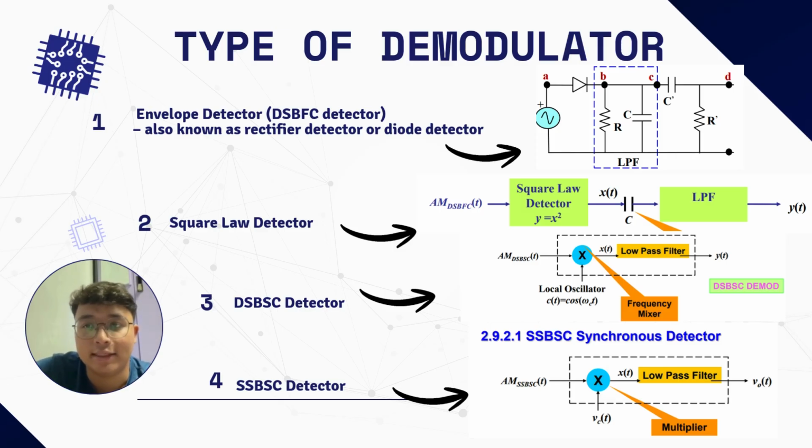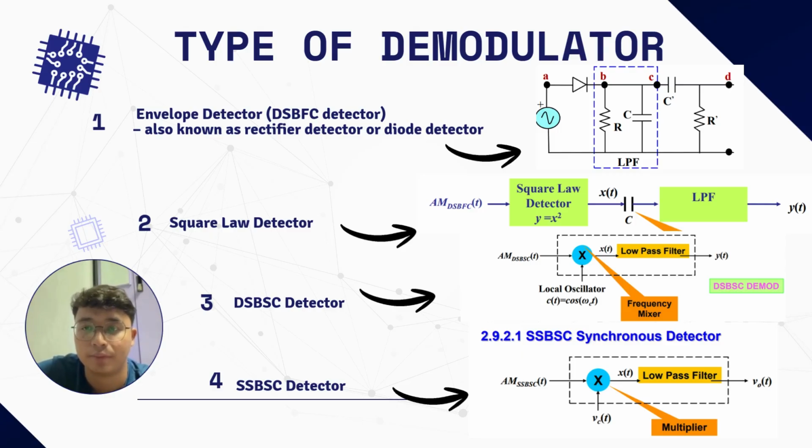And lastly is the SSBSC synchronous detector, which means single sideband suppressed carrier. Again, this method multiplies the incoming signal with the local oscillator before filtering. The main advantage of the SSB system compared to the previous double sideband is that it saves bandwidth and power because only one sideband is transmitted. This type of demodulator is commonly used in long distance communication,